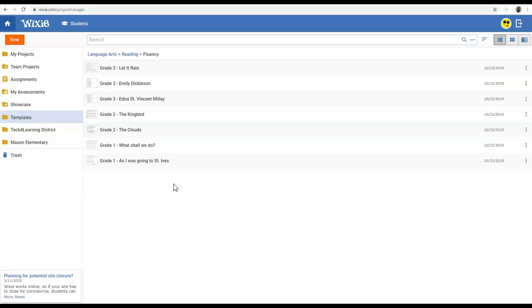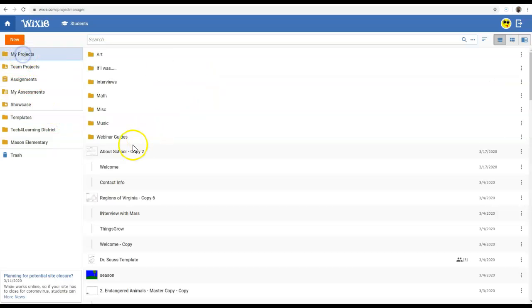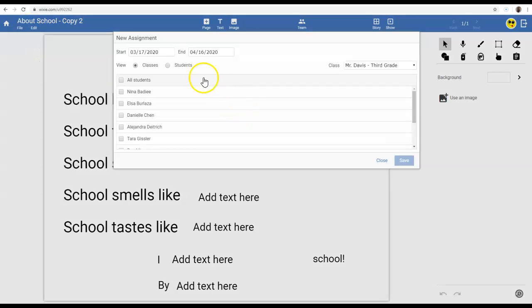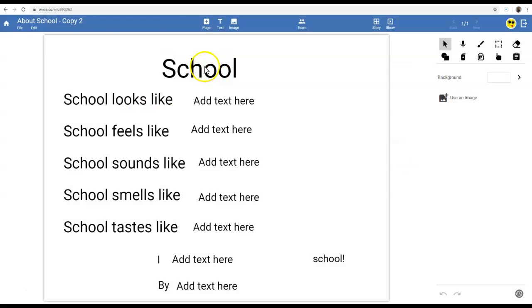Now, in addition to assigning templates, what's wonderful about Wixie is that the students, when they log in, so let's say, for instance, I go ahead and I take this school template, I actually assign it to, I'm going to go up to assign, file and assign. I actually assign it to one student or class, and I'm going to go ahead and leave the date as today. I just saved it. When a student logs in,